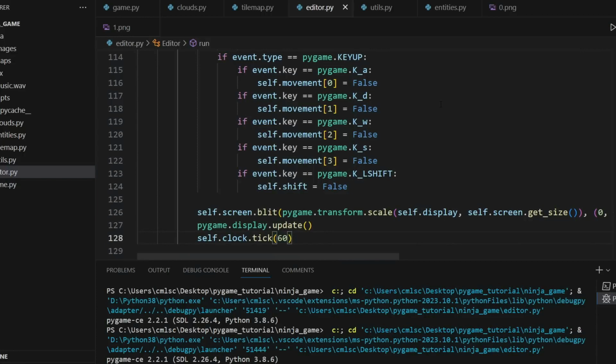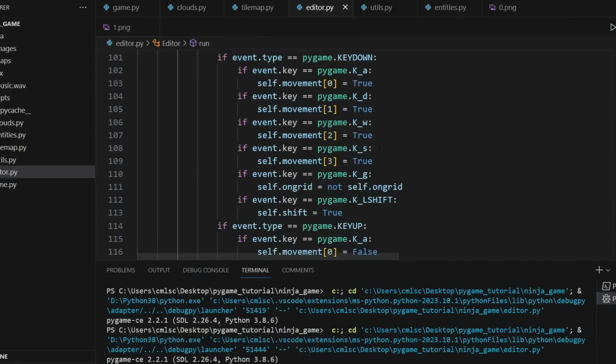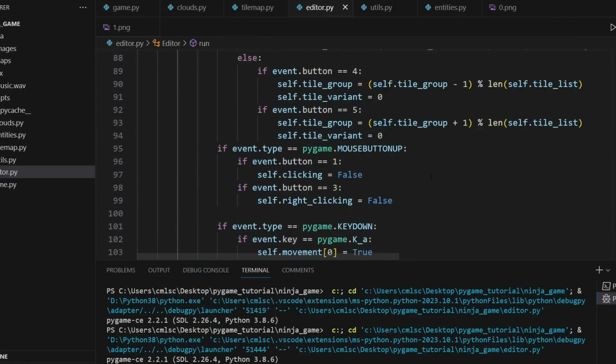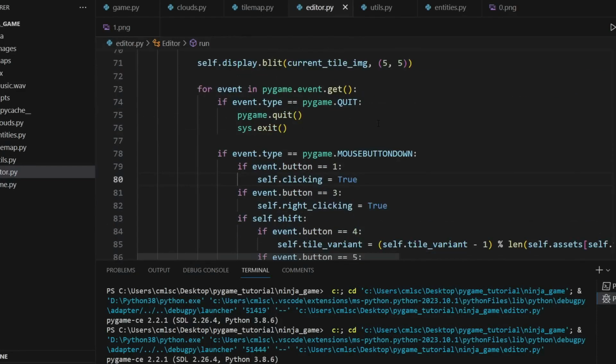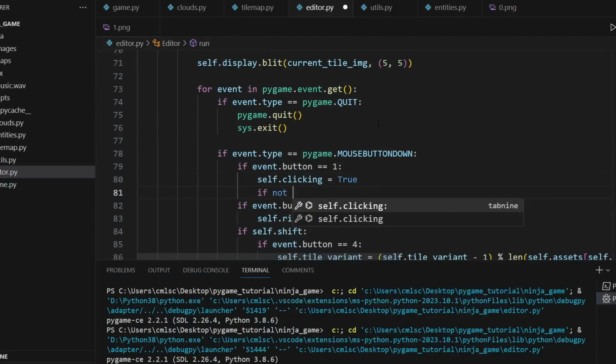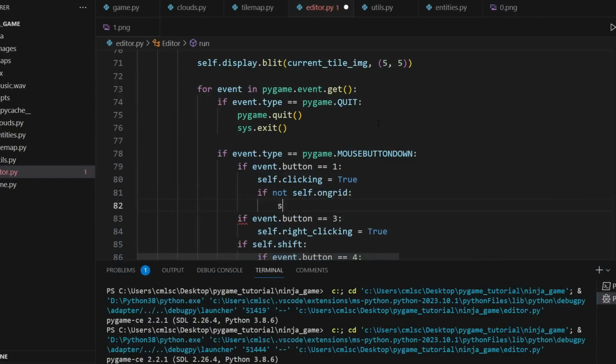So we don't want that. Because off-grid stuff is not snapped to anything and we're not overriding anything, we want it to be able to just place a tile when we click and press down that button. We don't want it to be placing non-stop. So you would click for each tile you want to place. It's just the easier way to do things. So for that, we don't need an extra variable to keep track of that input. We can just go right in here to the clicking thing for mouse down on 1, and we can write it here for placing. So we can say if not self.onGrid,